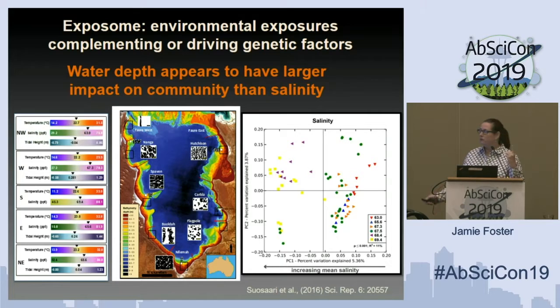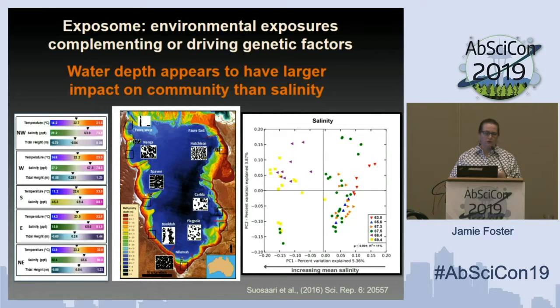And one story I'll tell you is about salinity. Salinity in a lot of environments drives certain microbial populations. I've seen it in the mats in the Bahamas, but in this particular environment, salinity accounts for very little of the diversity that we're seeing in the communities. Those really tight, discrete patterns that we saw in looking at the metabolome get lost when we start just focusing on salinity, and less than 10% of the variation could be explained by salinity. So some environmental factors like water depth seem to be more important than other factors like salinity, and we're slowly